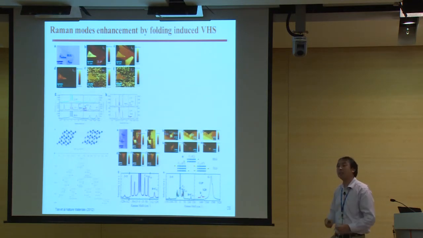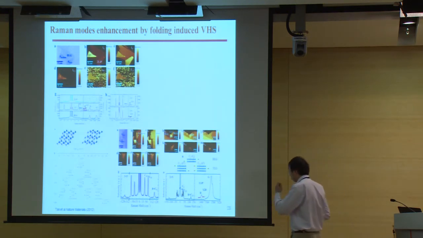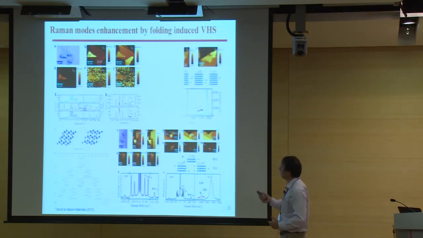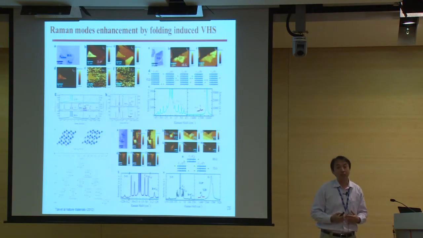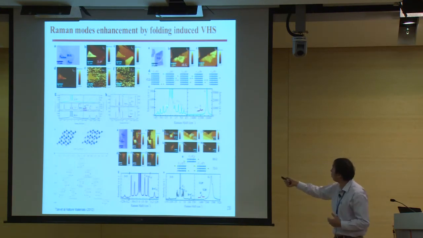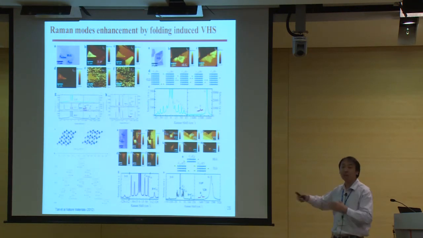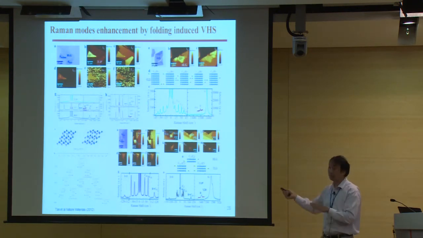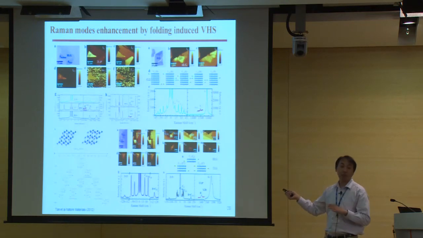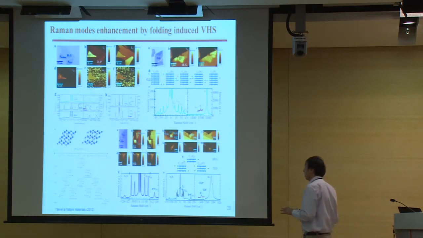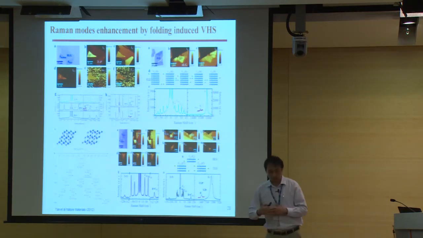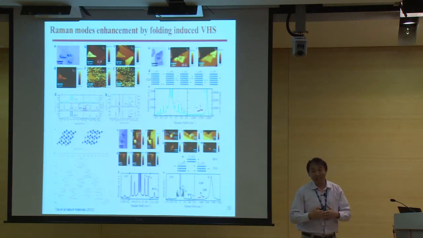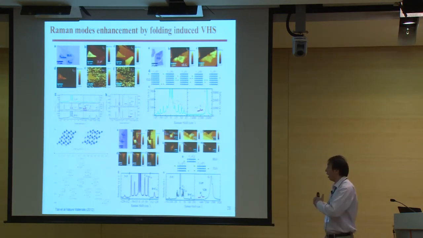Okay? Let's see whether we can get even more crazy. That's it. This is a 6 layer. So if we have a 6 plus 6, then we will have a whole bunch of shear modes, every one appearing in this Raman spectrum. So this just tells us that by properly folding this graphene layer, we are able to study every single detail of